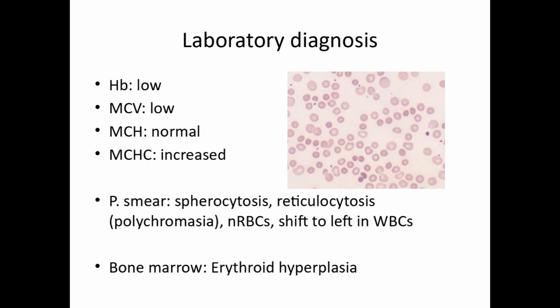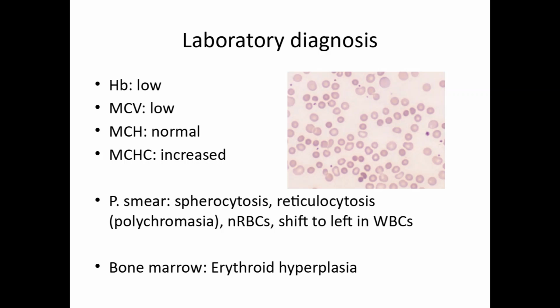So these spherocytes are the RBCs, which are smaller than the normal RBCs, and they lack a central pallor. Since the point of view in peripheral smear is two-dimensional, you will not be able to make it out as a sphere. Instead, what you can see is there is no central pallor.